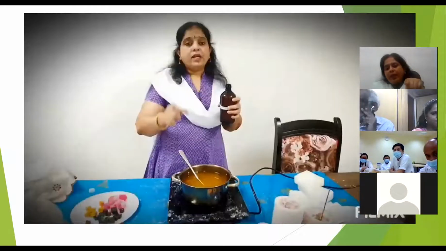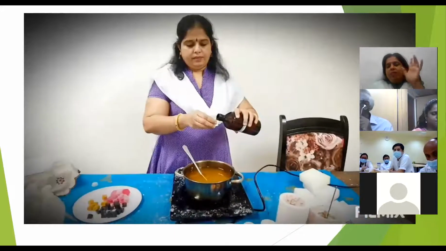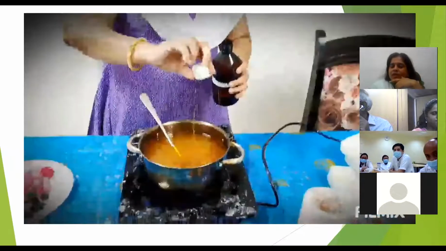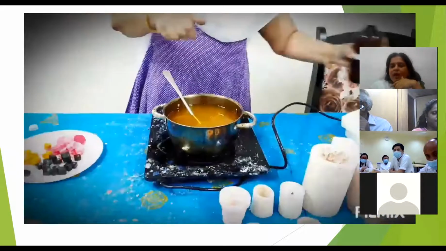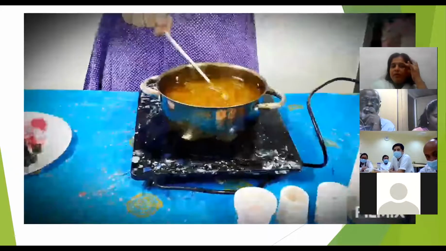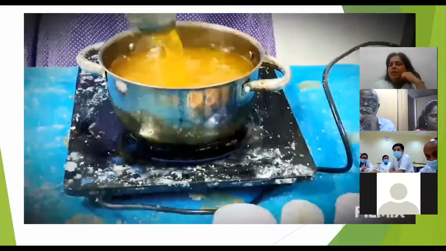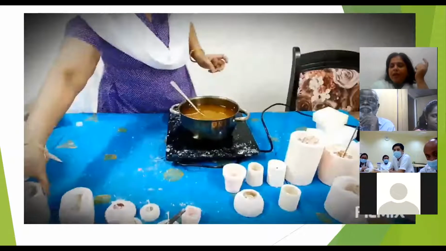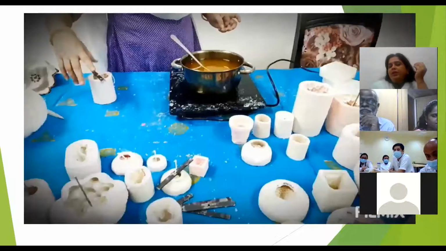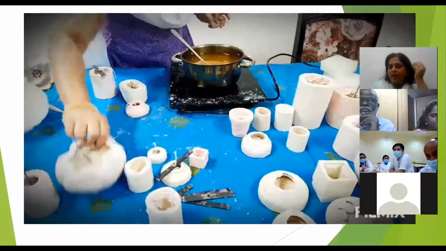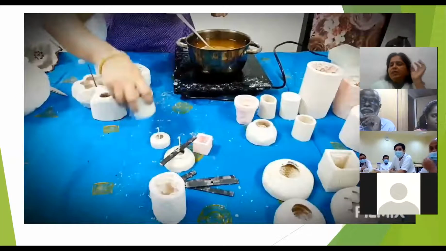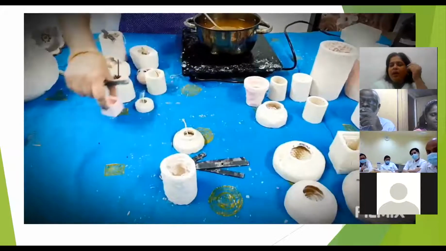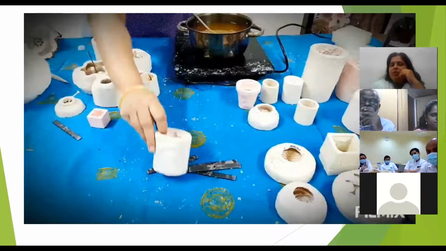For 1 kg of wax, I add 5 to 7 ml of perfume. It depends, again, on the customer's choice. If they want it more, you can add more. Ideal is 5 to 7 ml for 1 kg of wax. These color pellets are made from wax only. In fact, I order and get it done from Mumbai, and they are very safe to use. You can use color powders also, but precautions need to be taken with children when we use powders.